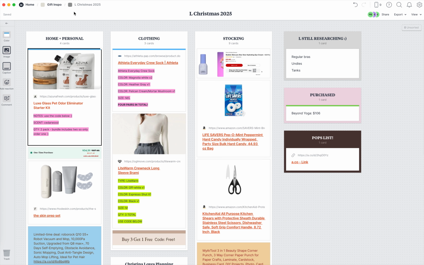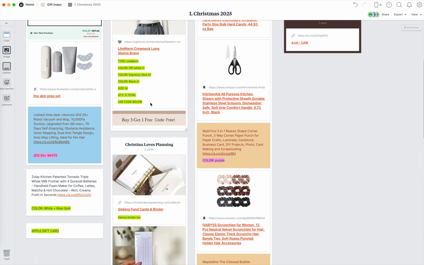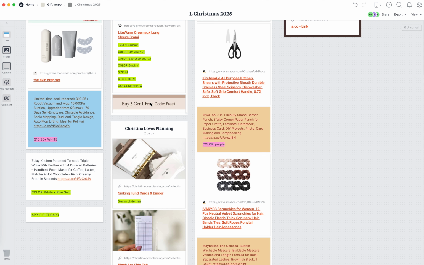But the image, I think, is helpful for them to know they're buying the right thing. And then I'll put things like the one-time-use code here or holiday code. What scent do I want? How many do I want? What size do I want? What colors do I want? All the information that they need so that it's easy for them to go in there and purchase the items